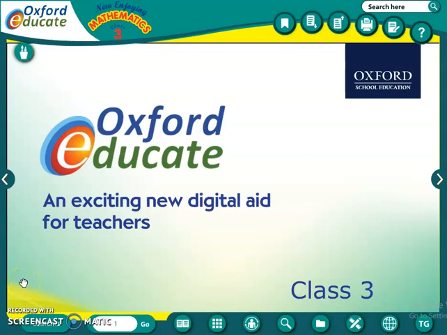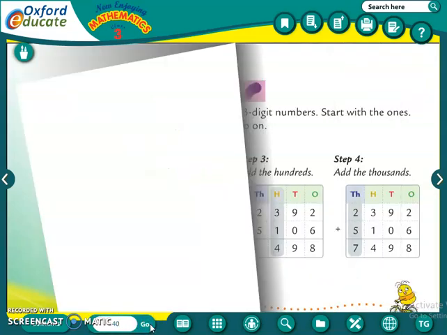Hello everyone. Now it's time for maths. As you know, we are doing revision of maths. We are doing the second chapter and we had done till page number 39. Now on page number 40 there is a topic, adding bigger numbers. So we will see it again for your revision.